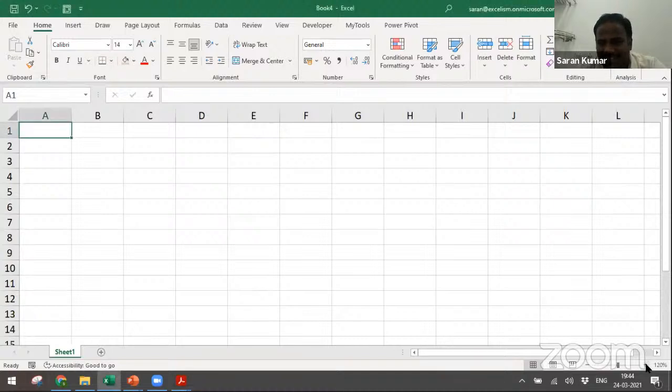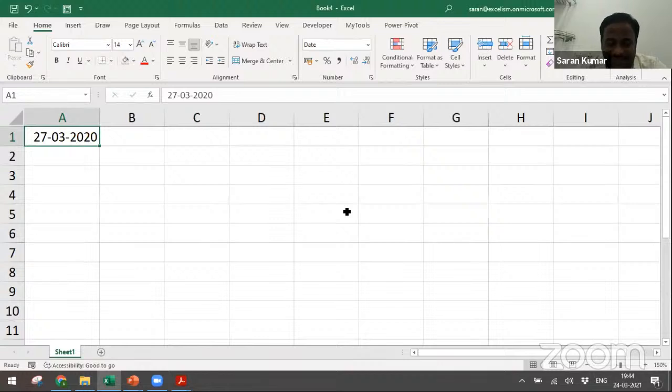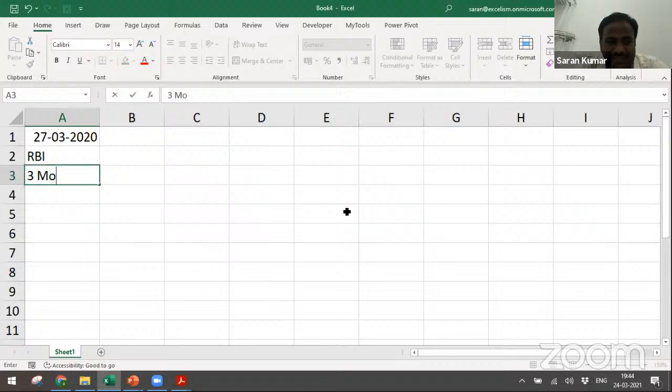Let me tell you the sequence of instances happened. On 27th March 2020, as you all know, we were into the pandemic period. Then RBI has, these are the series of events. Anyway, tomorrow I'm planning to make a short video on the entire Supreme Court related judgment with my opinion. Okay, but I'm just giving you the brief. On 27th, RBI said a 3 months moratorium is there. Okay, they need not pay any interest. So 3 months moratorium is there.